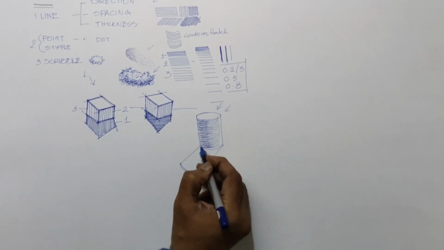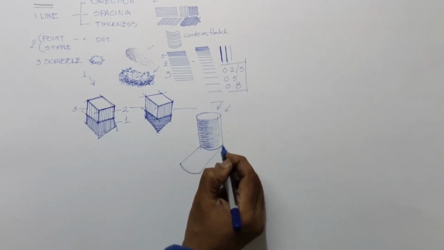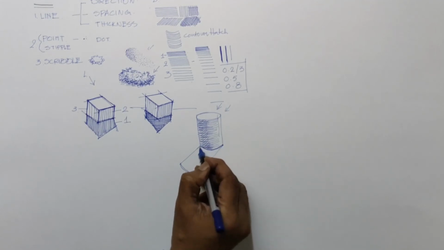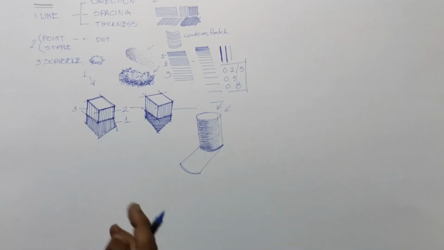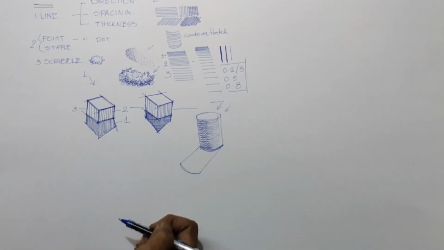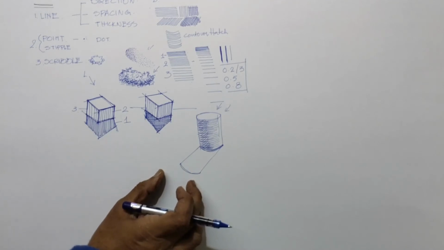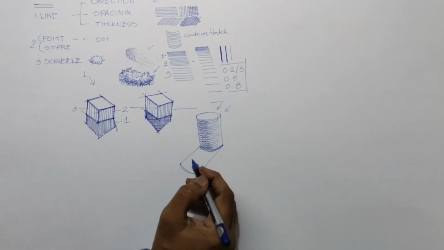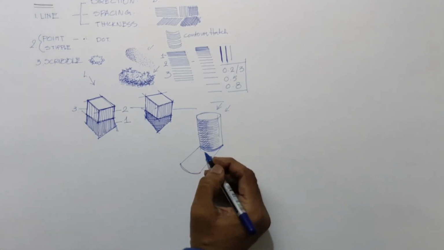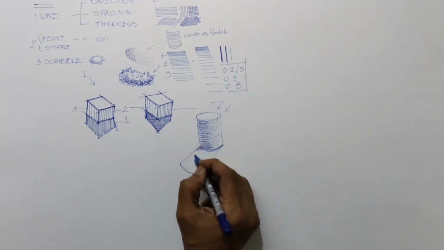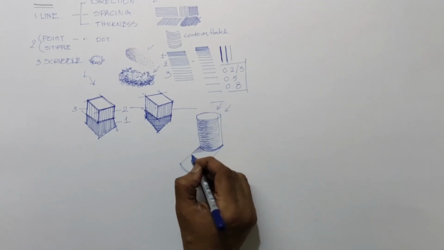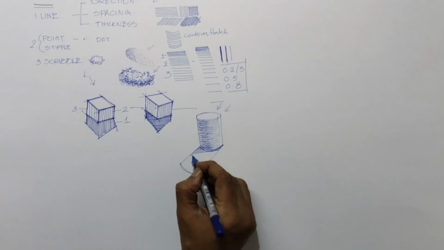Okay, I'm drawing the shadow. Some people say if you are using this, you need to leave some white space there so that you can differentiate between the object and the shadow. Here you remember one thing, even though the object is curvilinear, the shadow may not be curvilinear. You can use any straight hatching. I'm using any hatch you can use. No need to use the same here because the shadow of any curvilinear object also appears to be the same.